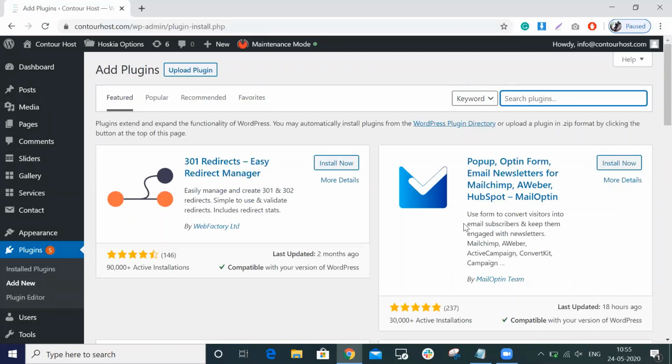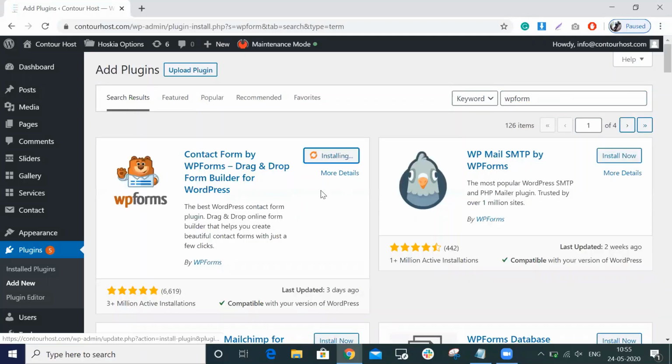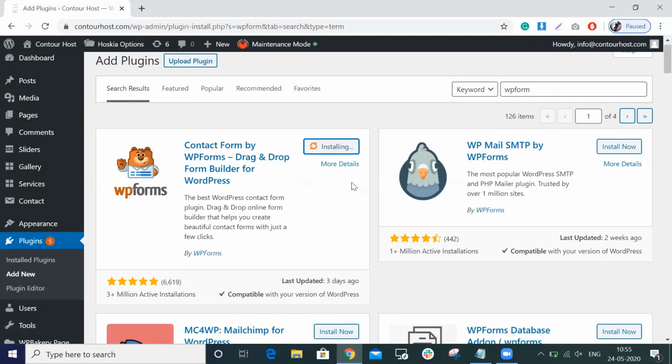So first you need to install the WP Form plugin, which you may already have or be using. So let me install the WP Form plugin. This step is only valid for the person who is not receiving email notifications on his email ID. The issue is also fixed if you are using Contact Form 7 or any other plugin. So let me guide you how to fix this issue. It is very easy and anyone can fix this on their own.